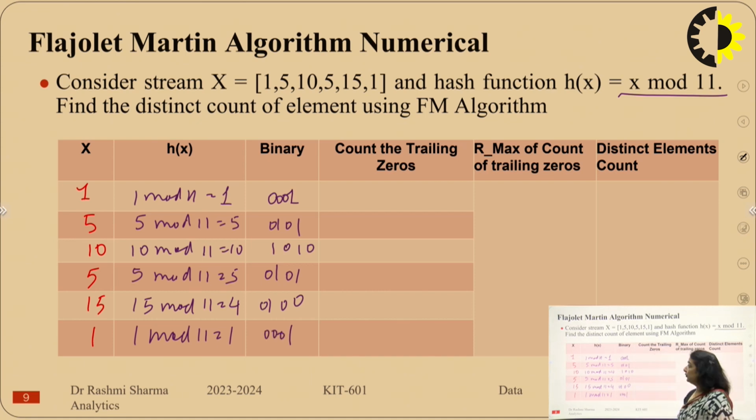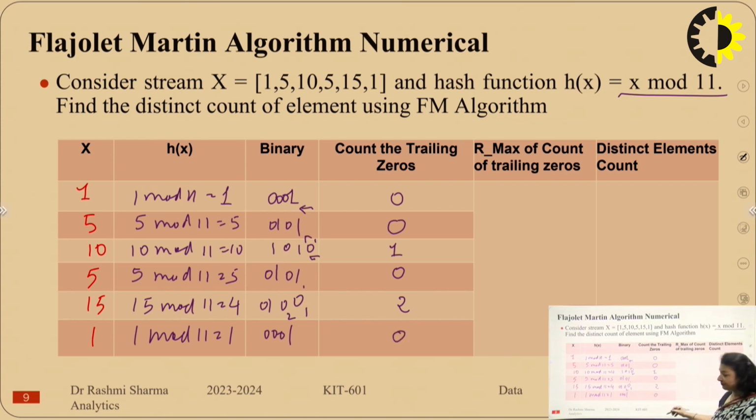Now trailing zeros. Start from your right. I am starting from this point and counting the number of zeros. I don't have a single zero here, I have the number 1, so the number of zeros is 0. Here also the first element is 1, so the number of zeros is 0. Now again start from the right. The number of zeros is 1 here, then I got a value of 1. So I count zeros until I find a 1. In 0101, the last digit is 1, so it is 0. In 4, I have 2 zeros, then I got a value of 1. So this value is 2, and here it is 1, so again 0.